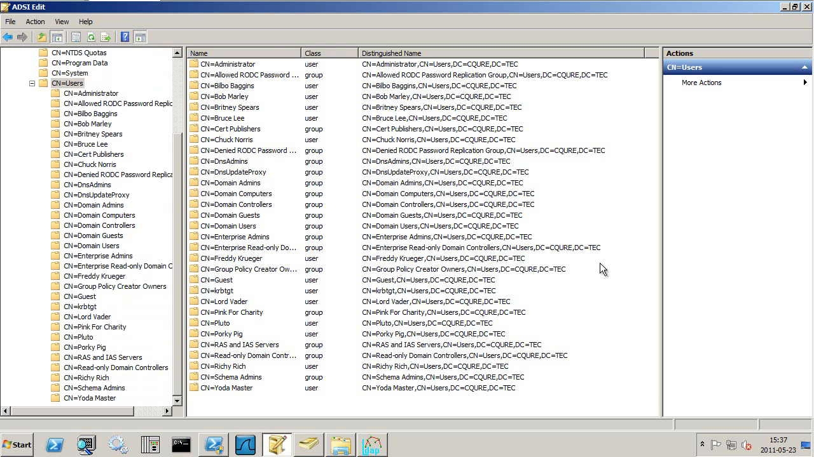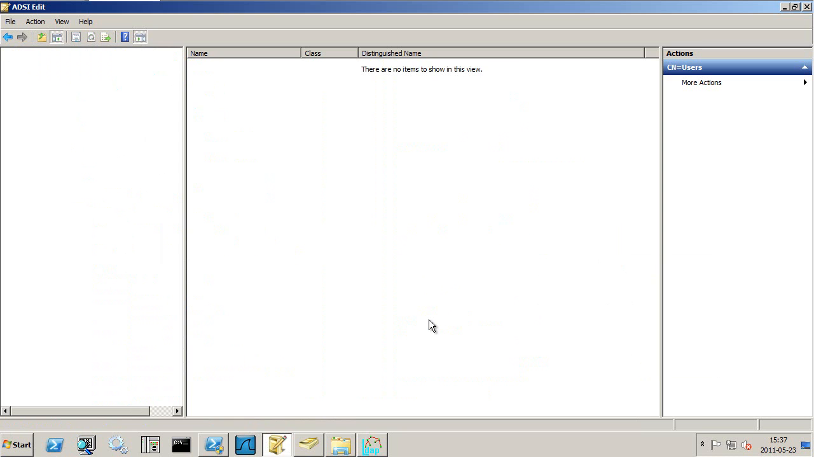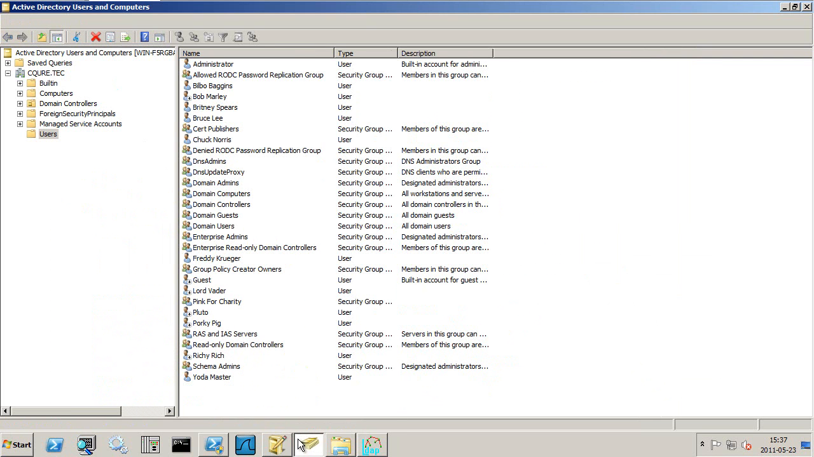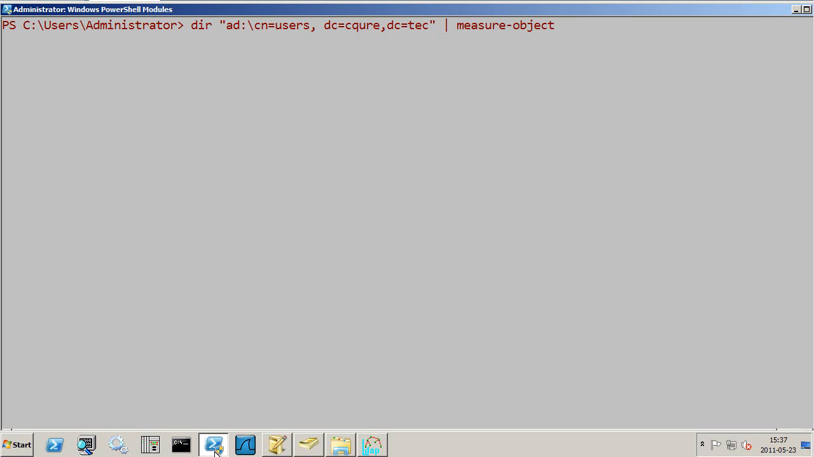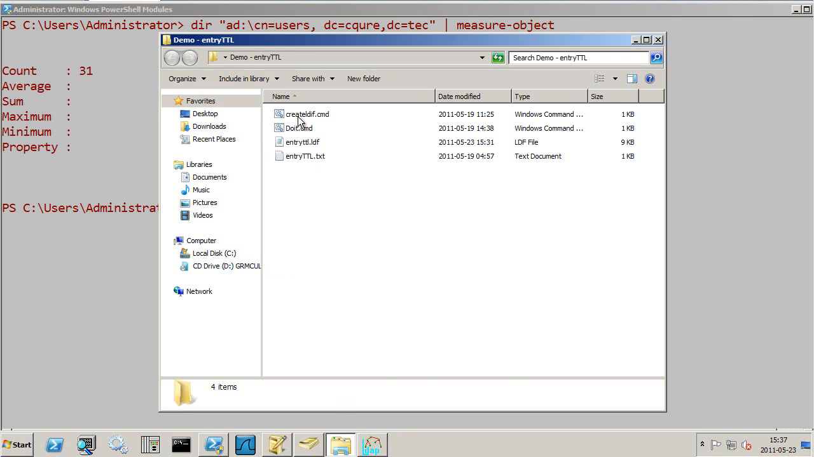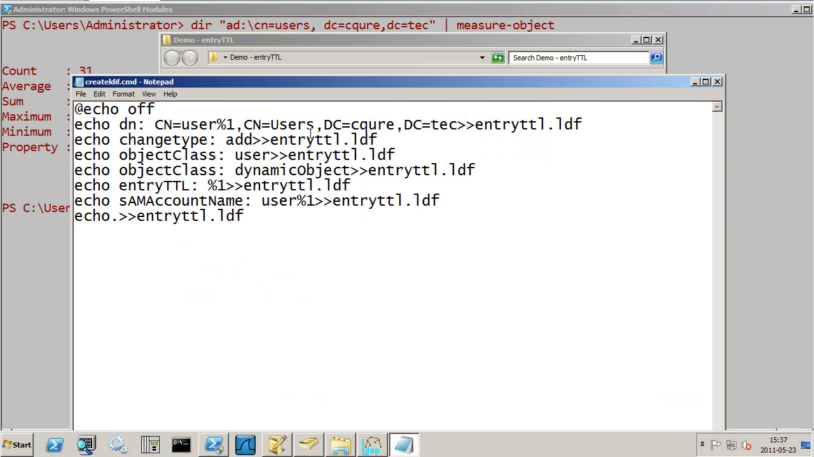This is the Edit console, and I will reverse the view to have a list of the users, and I will reverse the view in Active Directory Users and Computers to show you the same. This is the list of users that we have, and in PowerShell I'm going to execute a short script to list how many users we have, and this is my demo script CMD file that will result in